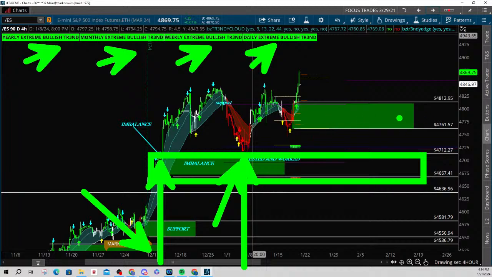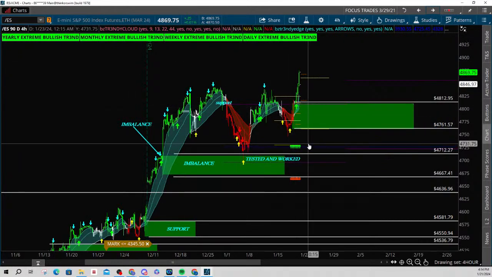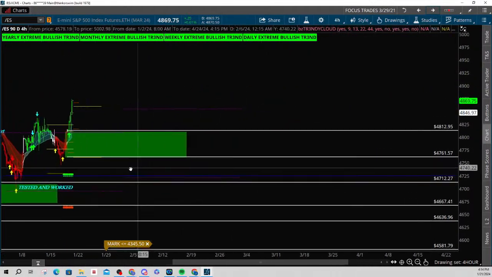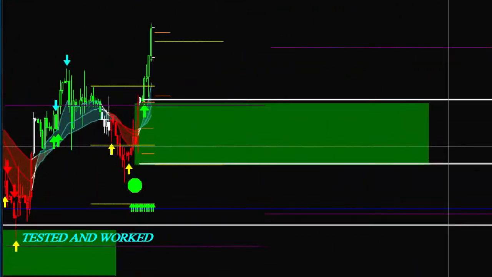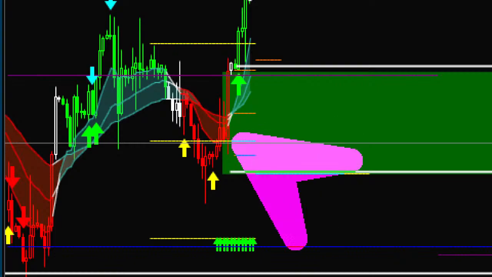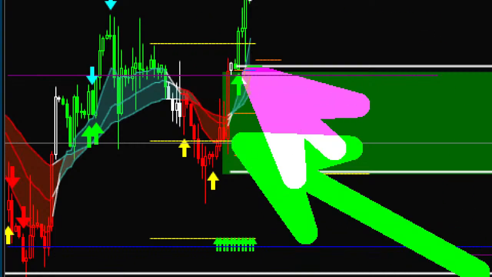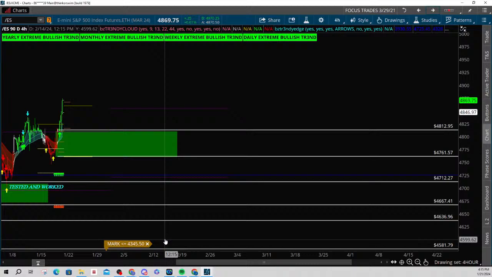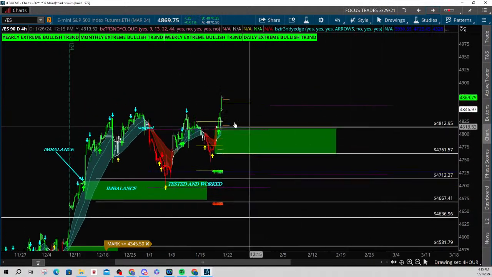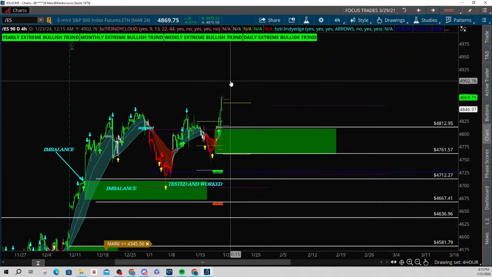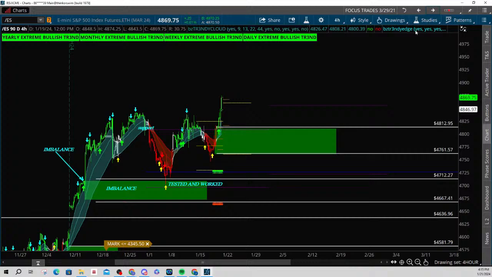Guess what? I just moved in and put a new box right here. This is pretty wide, 48.12 by 47.61. But again, it's just an area of imbalance. And matter of fact, what I did here, I'm going to bring this over and zoom in. What I did was I incorporated two inside and up formations right there. You guys can see that. So that is your new imbalance right here. And as far as targets to the upside, go to your higher time frames to understand where those are at.